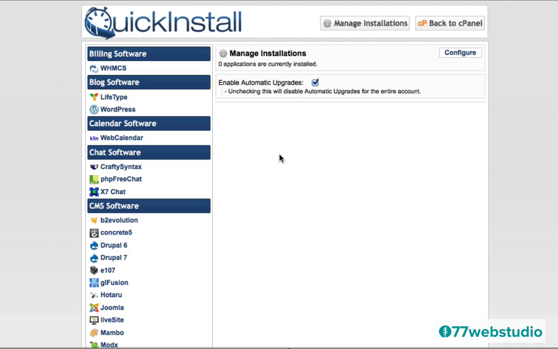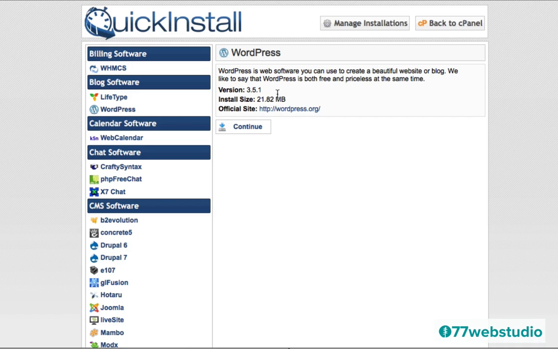And once I click on that, you'll note that there's all these different kinds of software listed here on the left-hand sidebar. So right at the top, you'll note that it says blog software, and there's a link here for WordPress. This is what we want to install, so I'm going to click on that. And then you'll note that there's a button here that says continue.